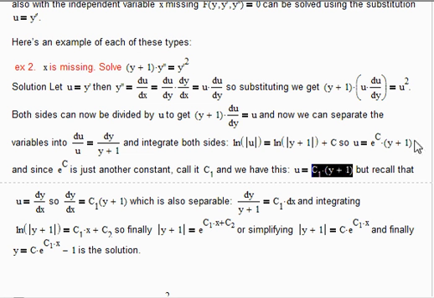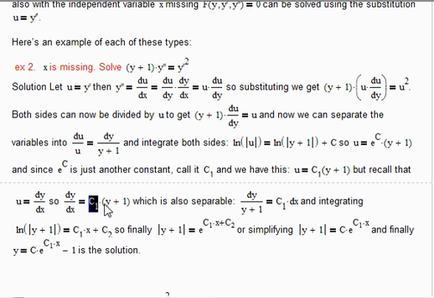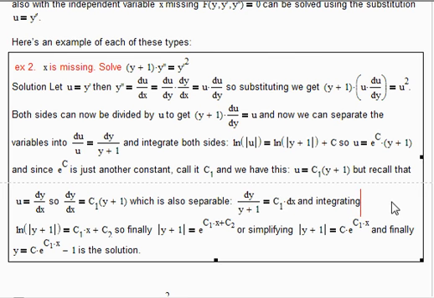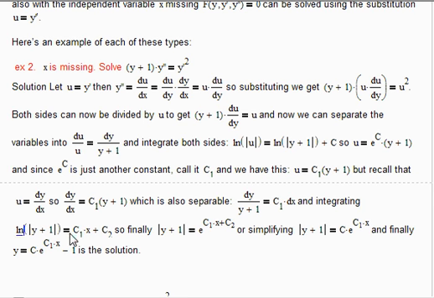But that's not a solution. A solution would be y equals something or other, and we don't have that. But we do know that u is y prime. So if we replace u with dy dx, then dy dx equals c1 times y plus 1. And guess what? This one's also separable. Divide both sides by y plus 1, multiply both sides by dx, and we get dy over y plus 1 equals c1 dx. Now you integrate both sides and you get ln absolute value of y plus 1 equals